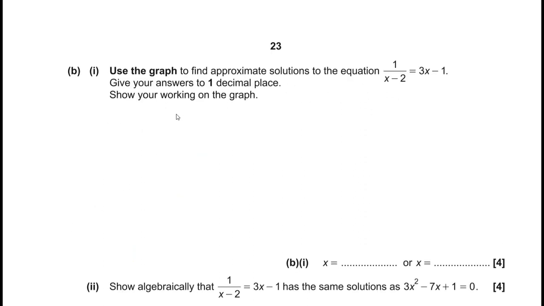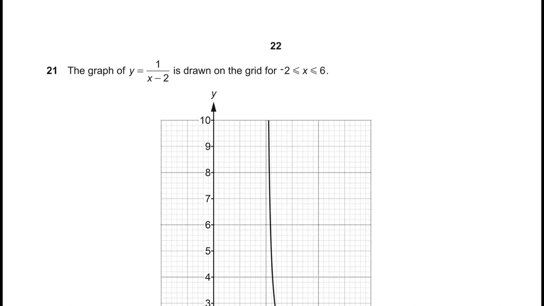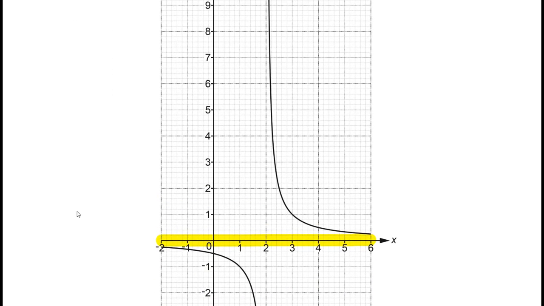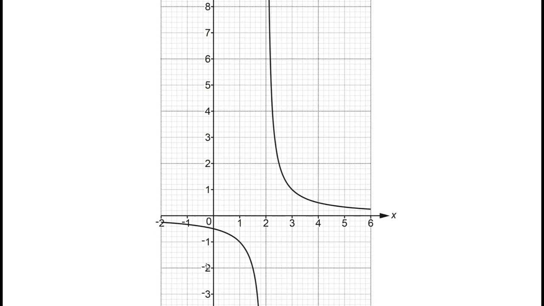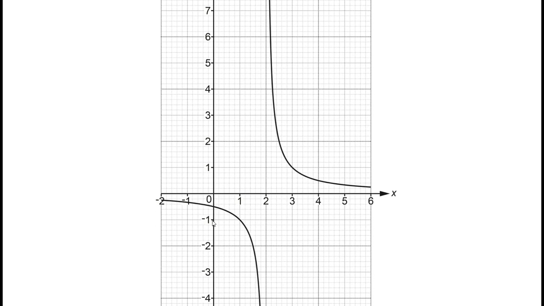We have to use a graph now to find the approximate solutions to the equation 1 over x minus 2 equals 3x minus 1 to one decimal place, showing your working on the graph. So what I need to do is draw the graph of 3x minus 1. Well, it crosses the y-axis at minus 1, and I've got a gradient of 3. So for every one I go across, I go 3 up. So this has a gradient of